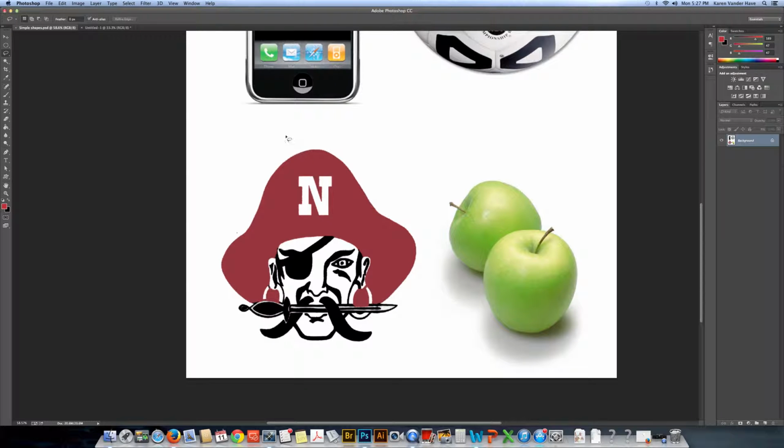Press Command D to deselect. So what we can also do is we have this option called the Polygonal Lasso tool. Now this is really important to use when you're trying to get a really specific selection. So all you have to do is, it works in terms of points, and all you're going to do is click around the edge of